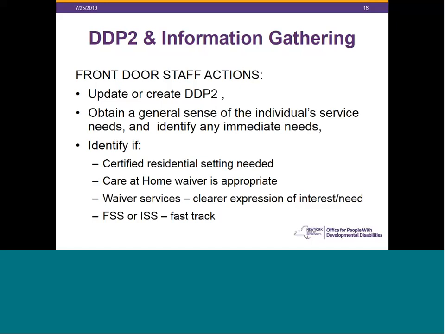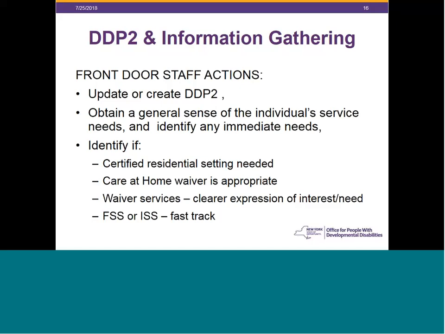And this is the point at which the front door then does a review, an assessment of the person's status and needs as of the current time anyway, by filling out and conducting the DDP-2. We'll update that if one already exists and it doesn't seem to match the person any longer, or we'll create one new if that's needed.